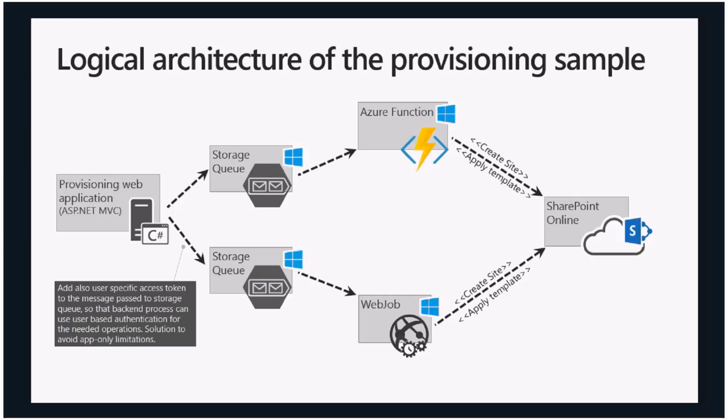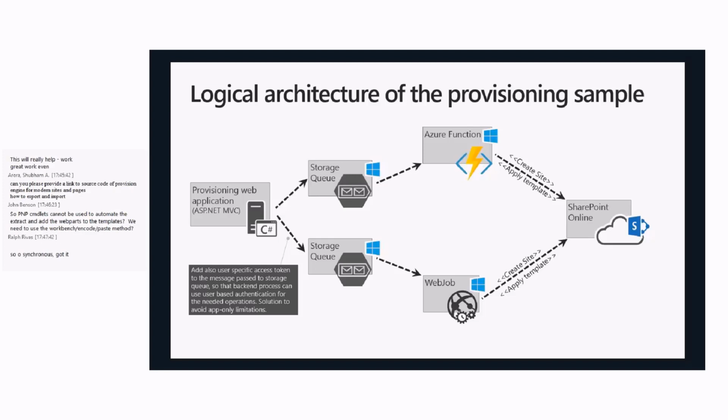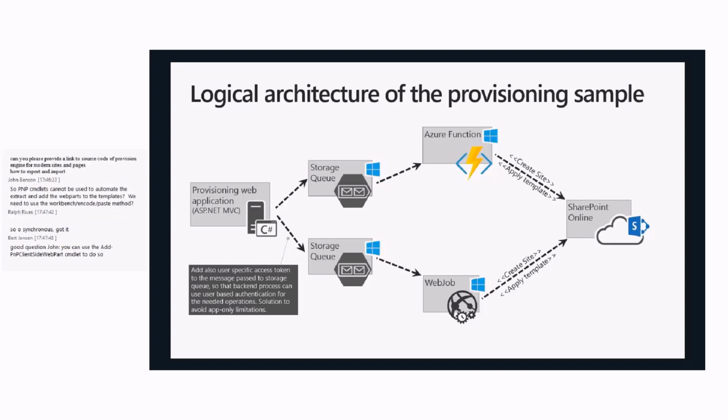But basically you have a UI or a solution where you drop the needed message to an Azure storage queue. And this is super easy, super simple, super cheap, so it's not really a cost factor either. You have a message structure which you drop on the Azure storage queue, and then you use either an Azure function or an Azure web job as the primary tool to do the provisioning and applying of the template. And what Bert showed today can then be used, for example, inside of the template automatically, so you can provision stuff from a web job or an Azure function properly on the welcome pages and all of that cool stuff.